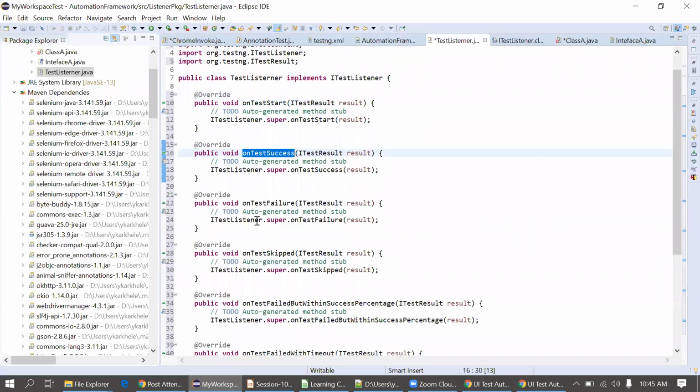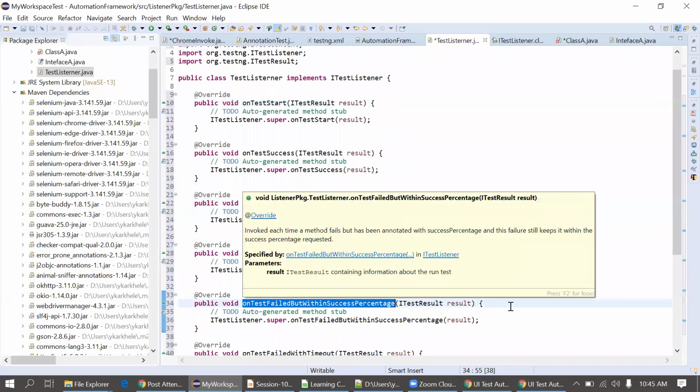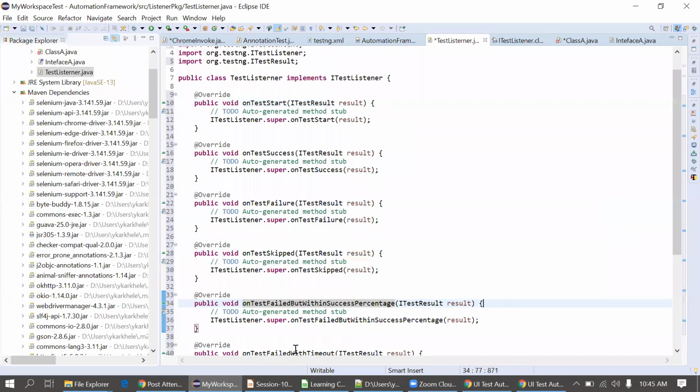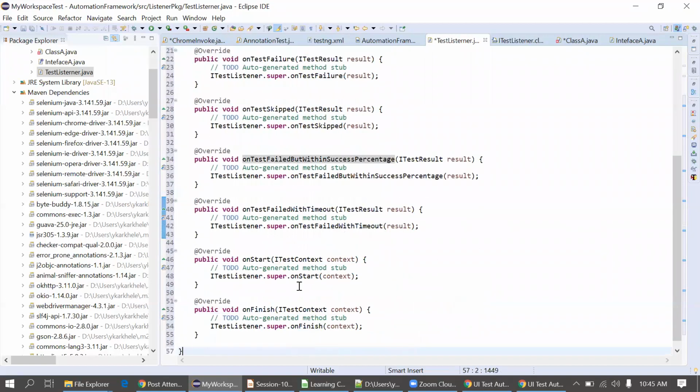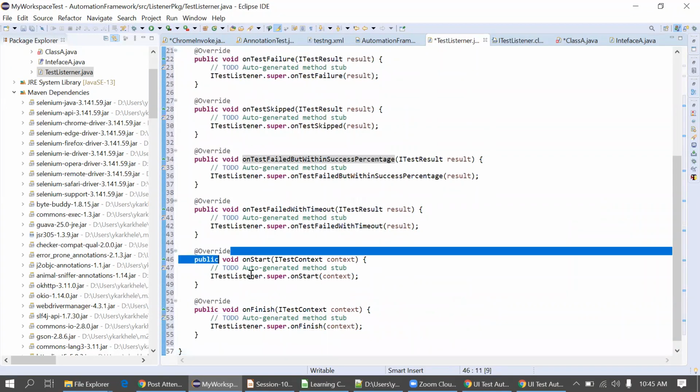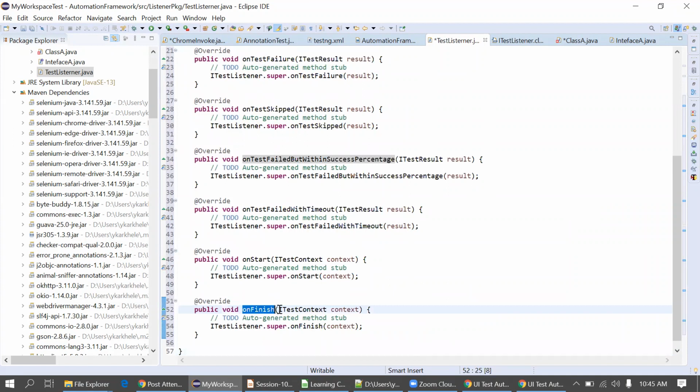Then on test failure, if you want to take a screenshot, we can just write the code here in this bracket. Then on test skip, then on test failed but within success percentage, then on test failed with timeout, then on start, on finish. This is at suite level.